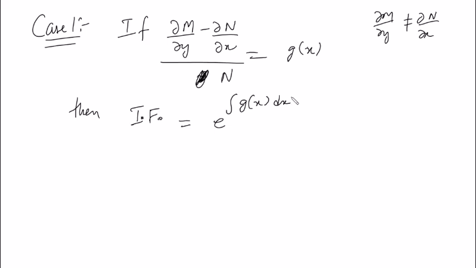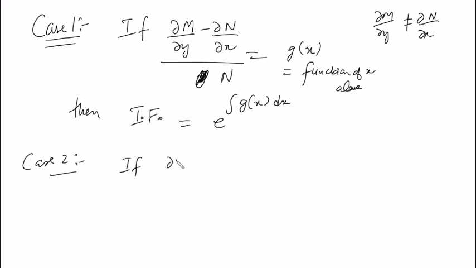क्योंकि आप चेक करोगे कंडीशन फॉर एक्जैक्टनेस, तो आपके पास ऑलरेडी डेरिवेटिव्स की वैल्यू होगी. So subtract, then divide by N. If on dividing by N it comes out to be g(x). Now what does this mean? g(x) means it's a function of x alone, only x. There should not be y there. But if in some example y भी आ रहा है, x भी आ रहा है, that means the equation is not falling into this category. We have to look for some other condition. So this is one case in which your example may fall.